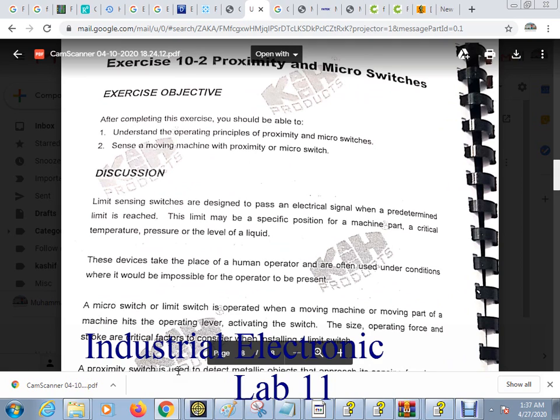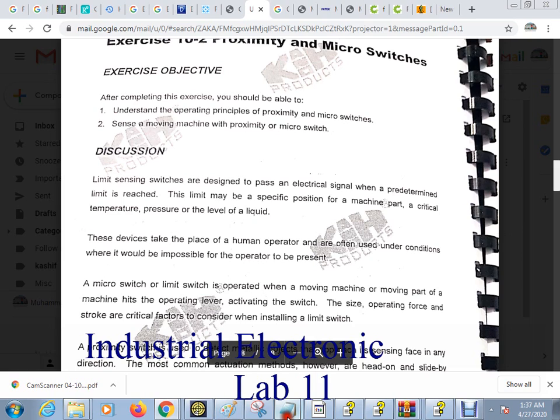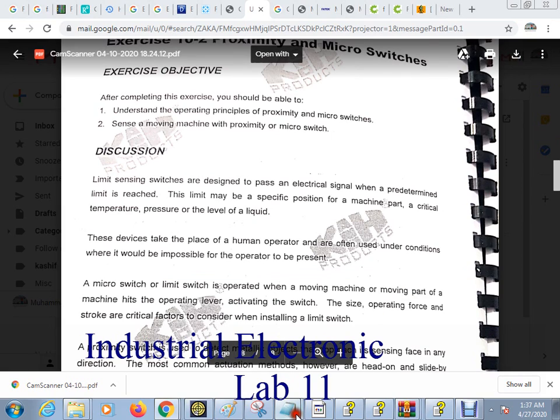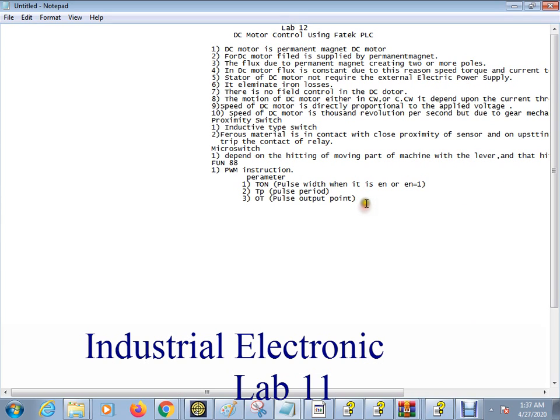Proximity and microswitch. So proximity and microswitches. Proximity switch may be